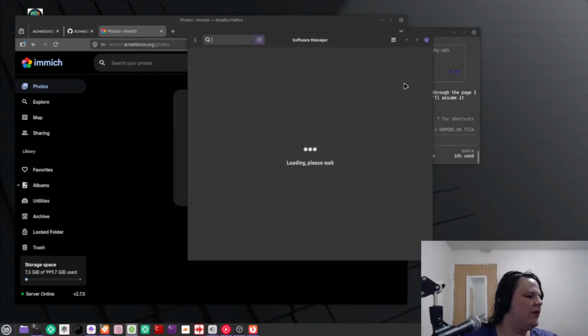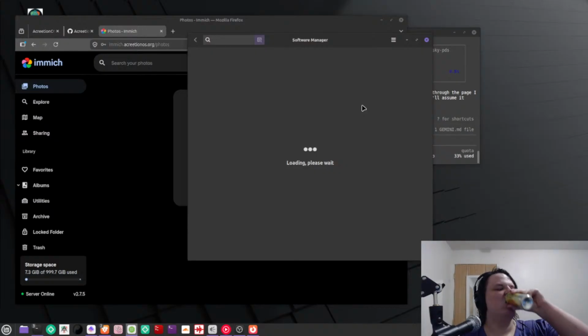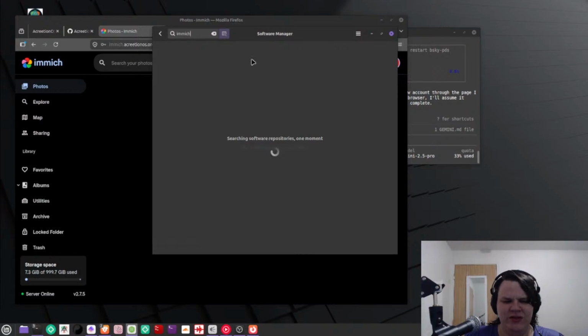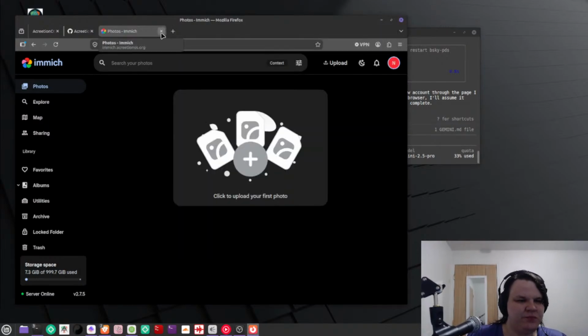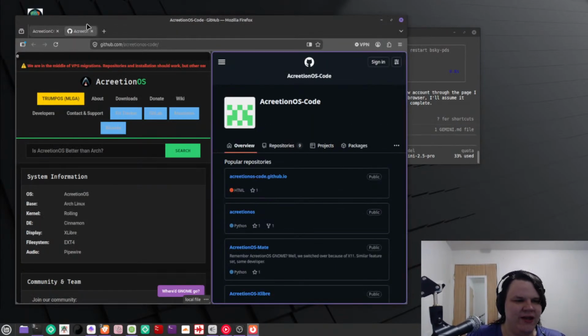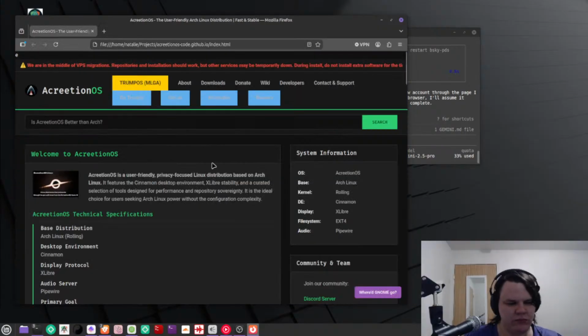I'll pull you over here and I'll show you. I believe they have a Flatpak. Could be wrong, but I'm pretty sure I'm right on that. We'll see. Once it decides to load, this is a really slow application, to be honest with you. We'll do that.